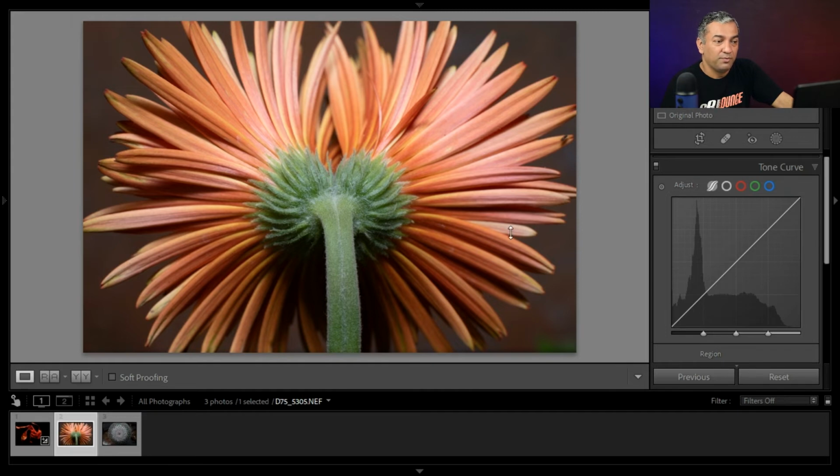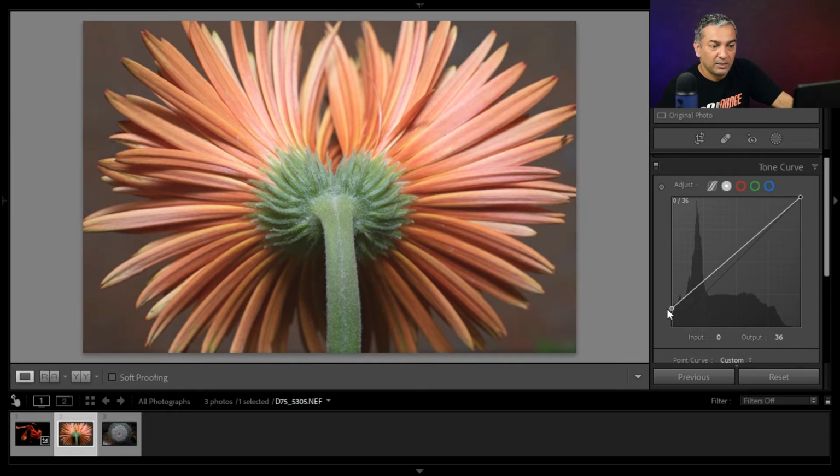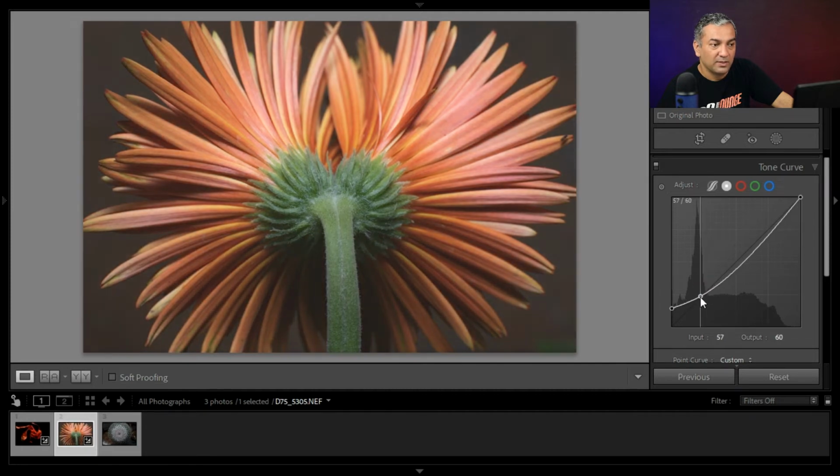So before we do anything on this image, I'll show you the tone curve thing, how we can improve the enhancement of the visual with just a little effort in the tone curve. You can see I just selected this point curve. I'll just make it a little higher and I'll just touch down a little bit. You can see the magic started. Okay, so I got something which I want.